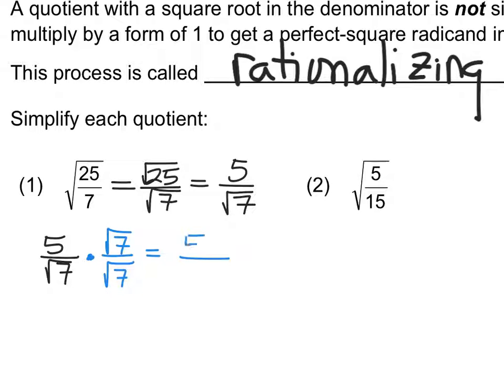If you multiply across. Now, what is radical 7 times radical 7? Radical 7 to the second, which is the same as radical 49, which is the same as